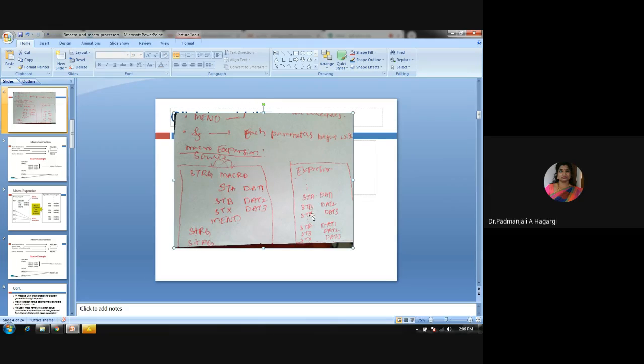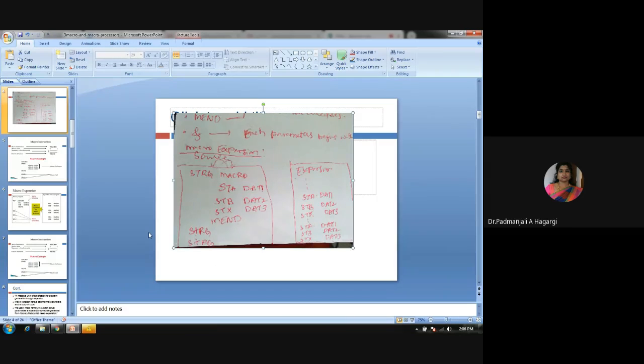So here 2 times: store data 1 in A, store data 2 in B, and store data 3 in X. In this way, 2 times the macro was expanded because of the 2 calls.